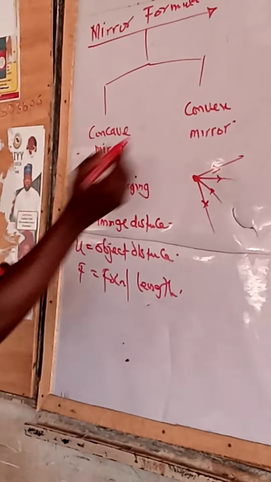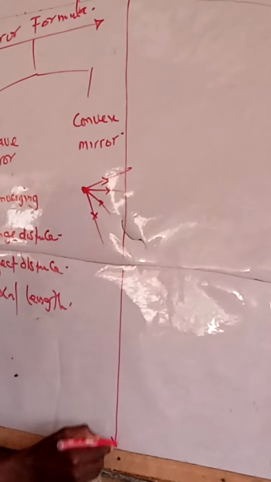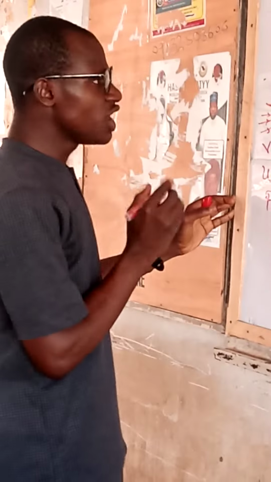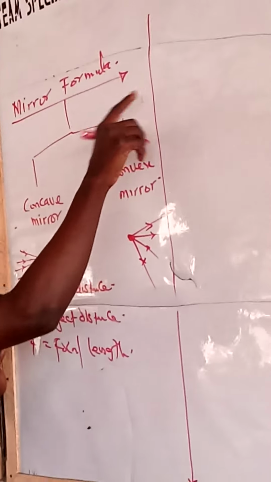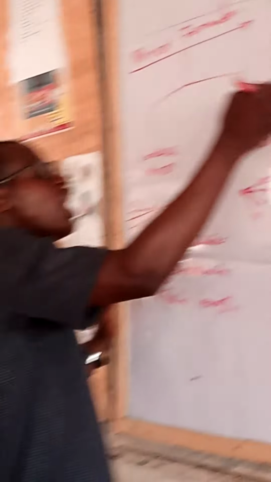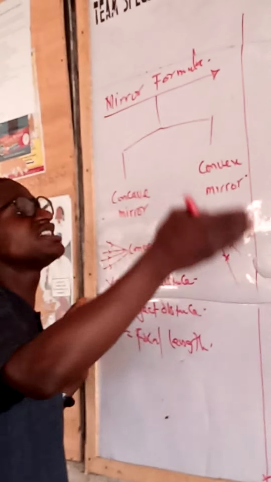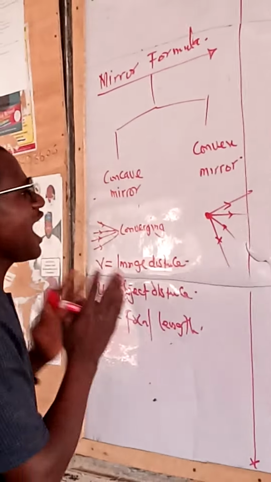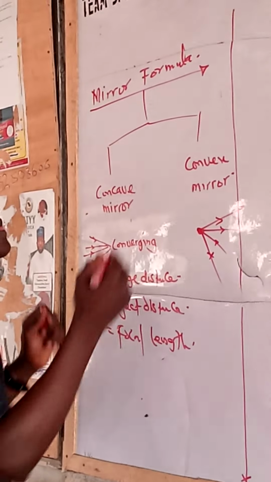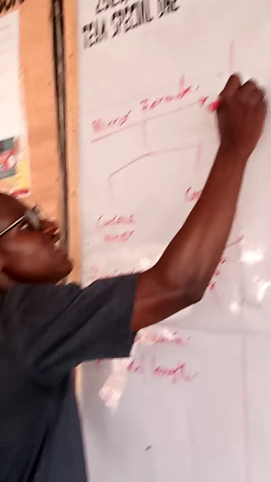Now, when we have this, there is the concave mirror and the convex mirror. What you need to take note of is that a question under this place is they are going to tell you that an object is placed in front of a concave mirror, is placed in front of a convex mirror, or is placed behind it. How do we solve this? If it is for concave mirror,